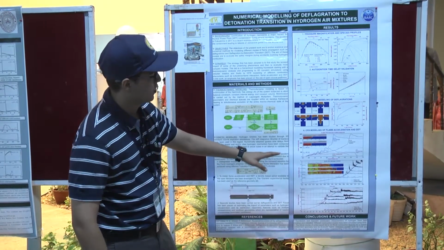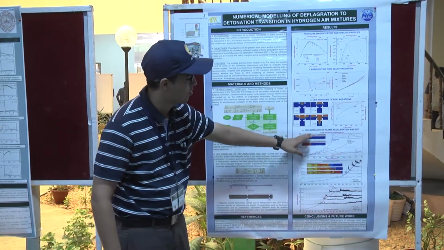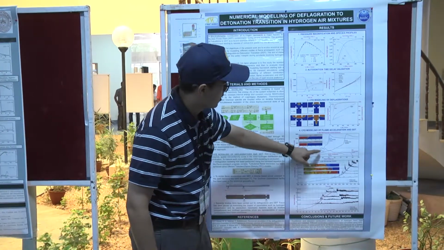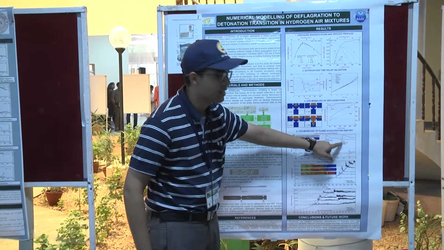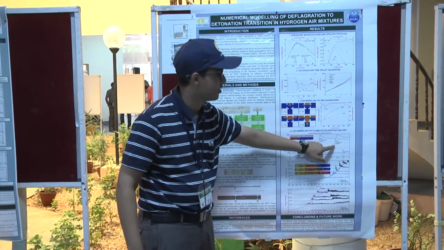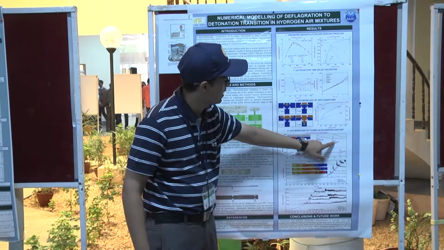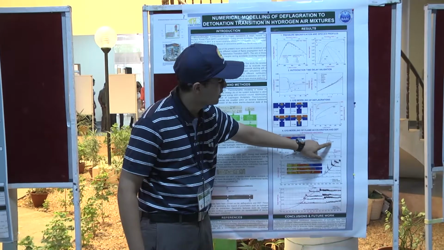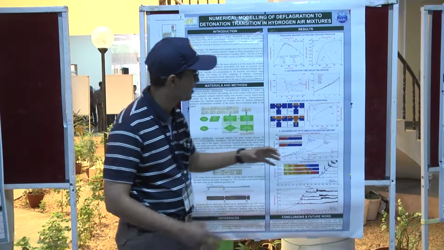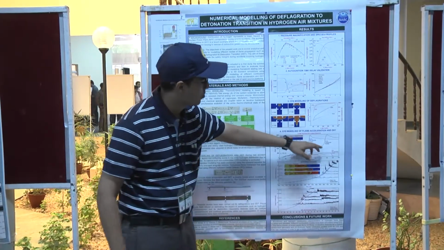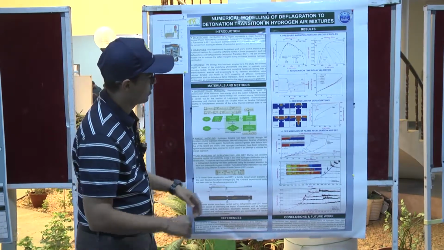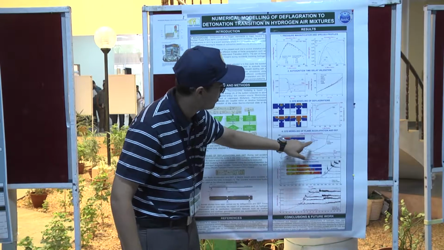Due to shortage of time, I will just go to the final result. We identified three important parameters relevant to reactors. The first is the hydrogen mole fraction, the second is the degree of obstruction, and the third is the concentration gradient. As we know, hydrogen is lighter than air, so it will tend to stratify and form regions of higher concentration towards the top compared to the bottom. These are the three parameters that we played with.